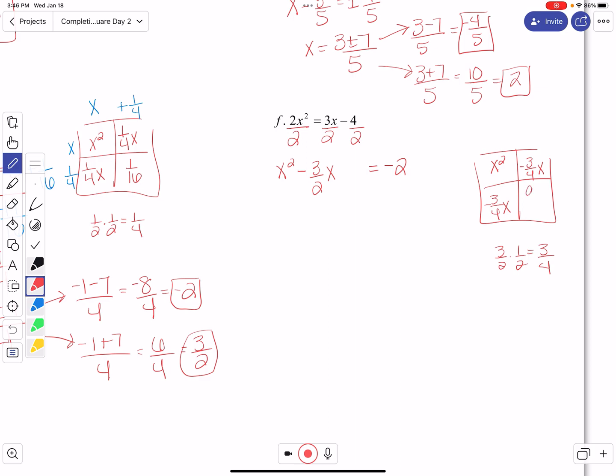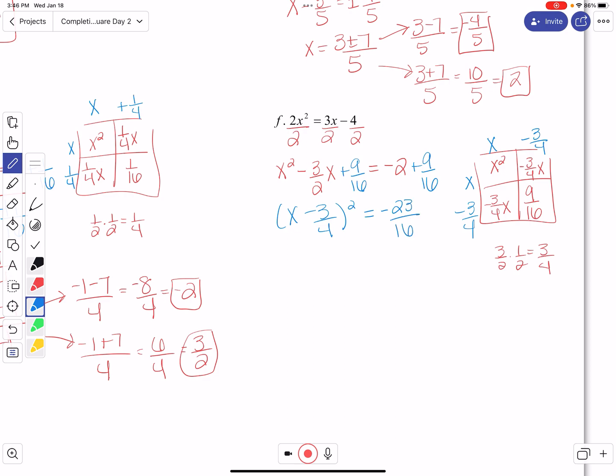If I square it, I get 9 over 16. So I add 9 over 16. All right, so I have my x, and then minus 3 over 4, and then x minus 3 over 4. So x minus 3 over 4 squared, and then that's going to equal negative